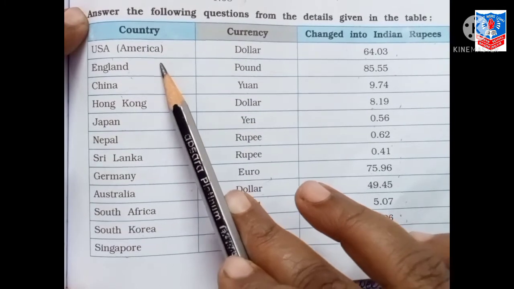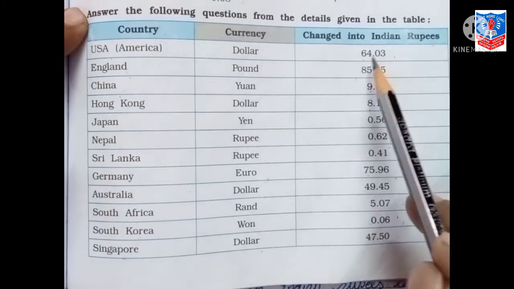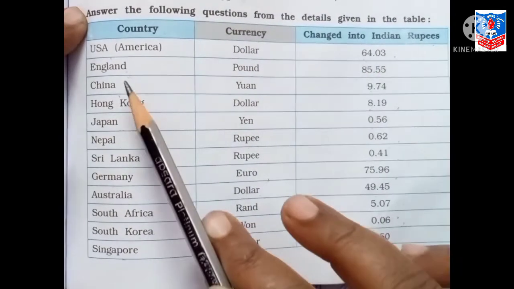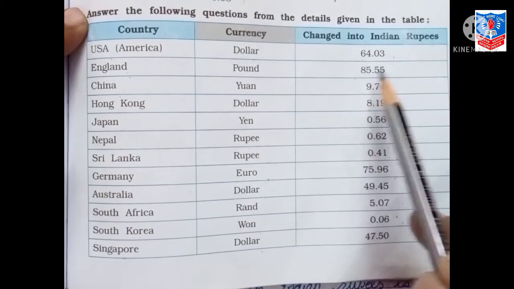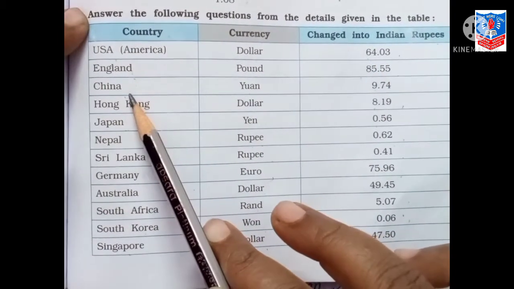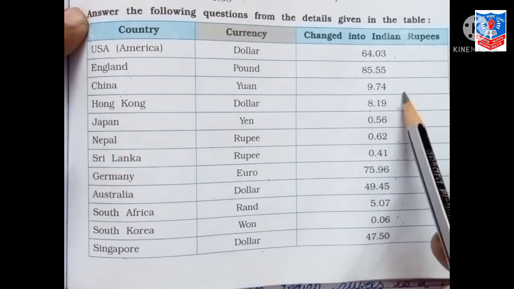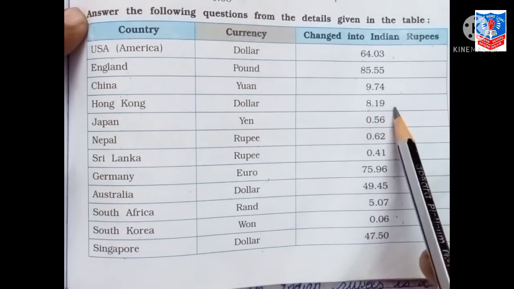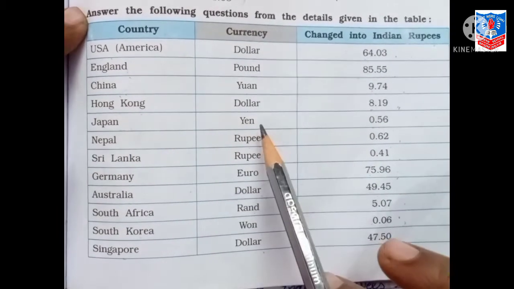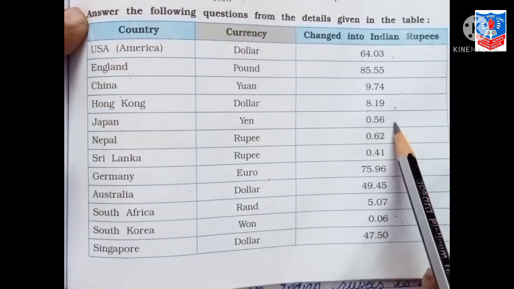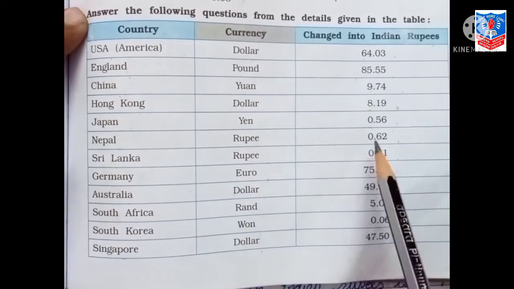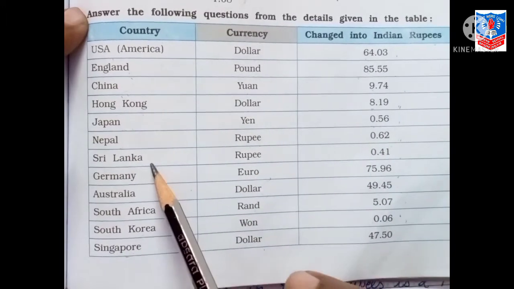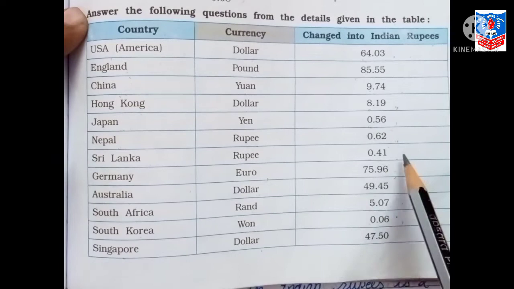First is America, the dollar 64.03, England, pound 85.55, China, yuan 9.74, Hong Kong, dollar 8.19, Japan, yen 0.56, Nepal, rupee 0.62, Sri Lanka, rupee 0.41,